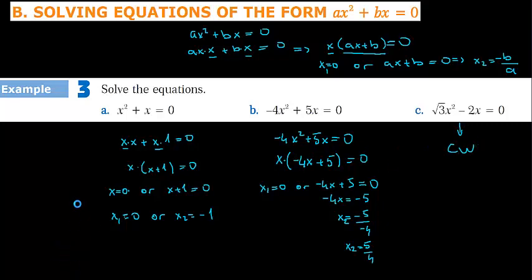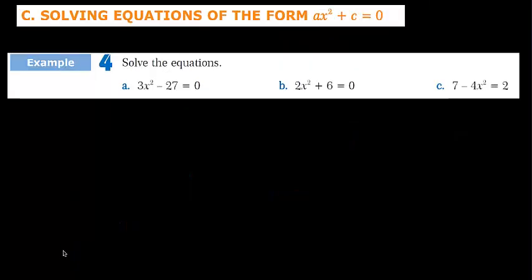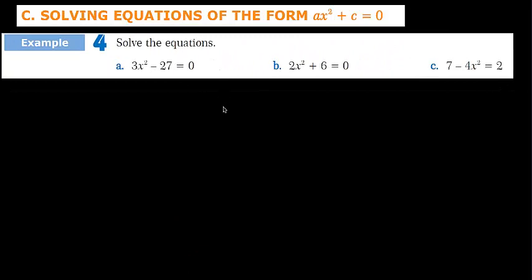The next one, if the form is ax squared plus c is equal to 0, we are going to solve the questions ax squared plus c is equal to 0. Directly I'm going to solve the questions without giving the exercise. Here, firstly, we should collect the terms without x to the other side, like 3x squared is equal to 27. This 27 goes to the other side. Then this 3 goes to the other side and it becomes,